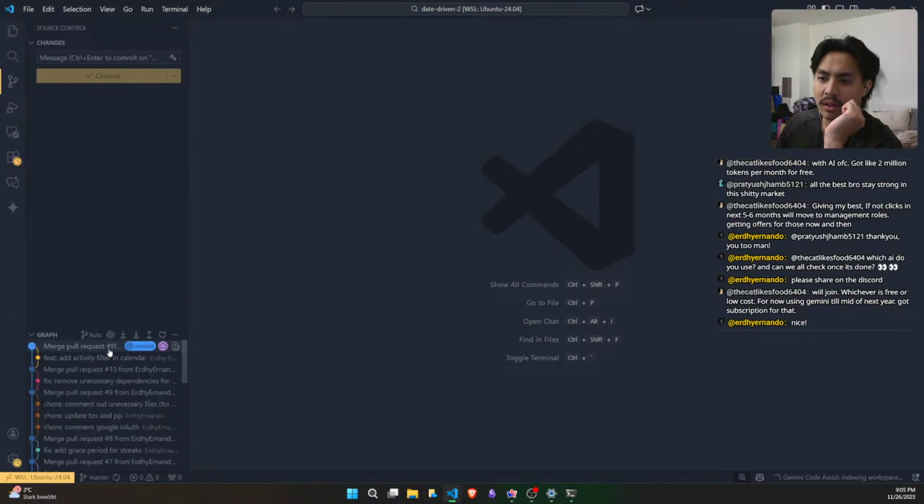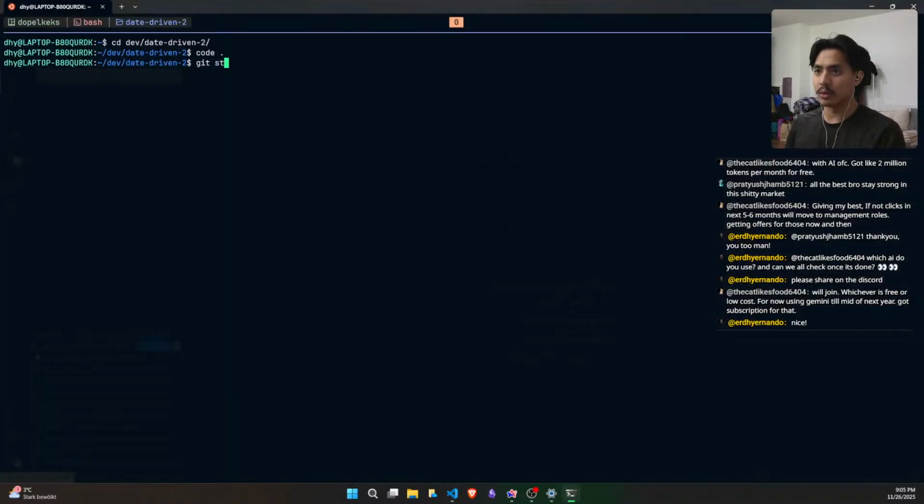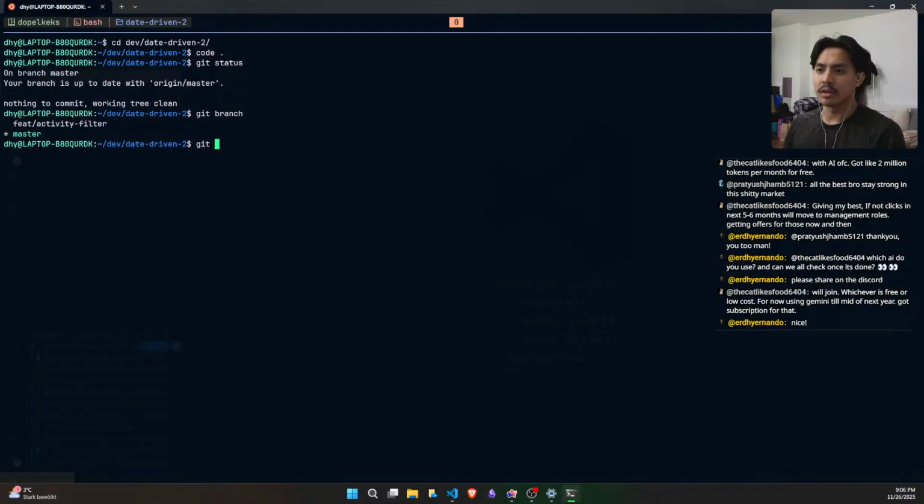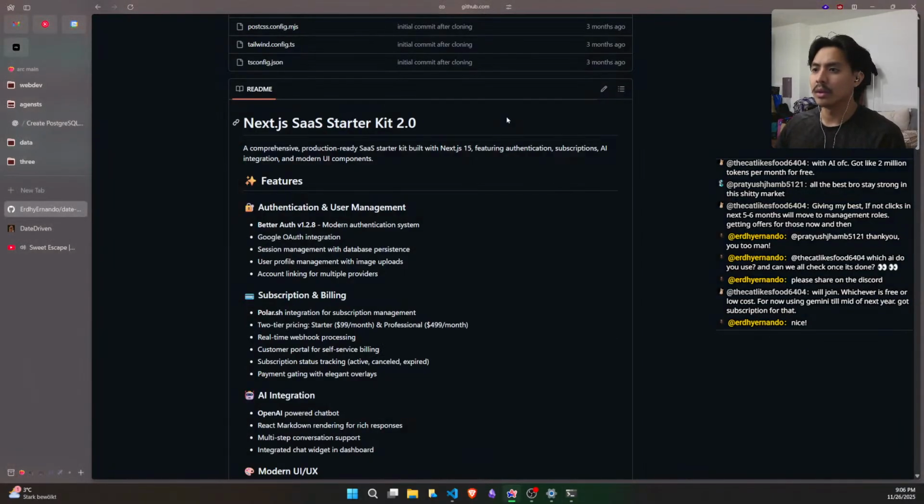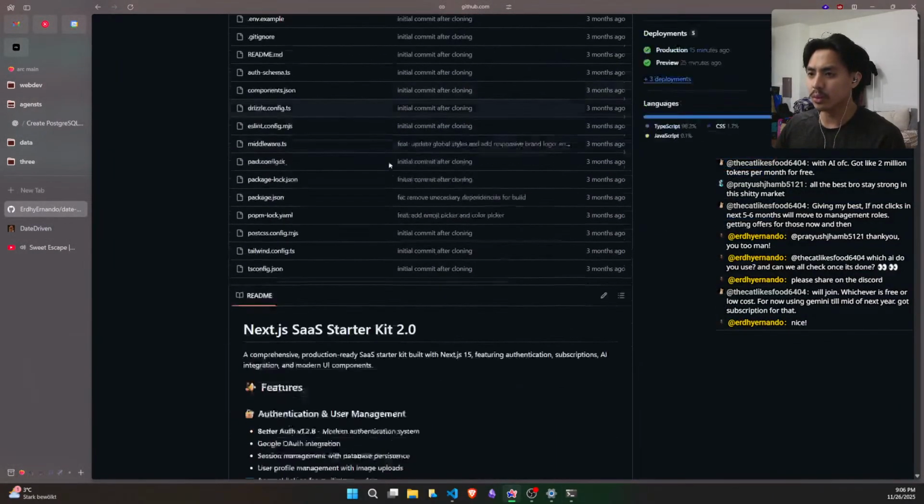There we go, that's nice. And if we check here, and we go to Git status, it's gonna be, do that. So we can do git branch, feed activity filter. And now we can try to,